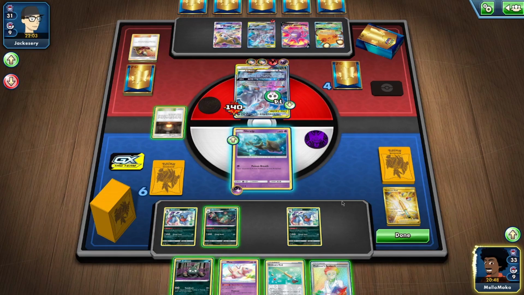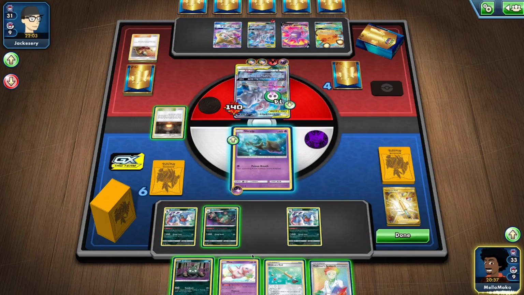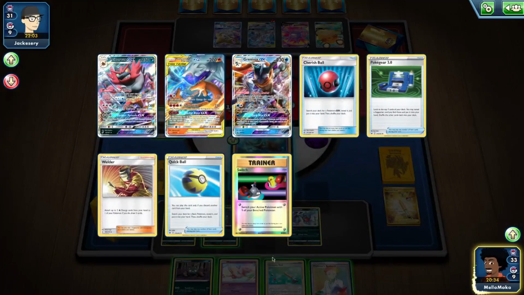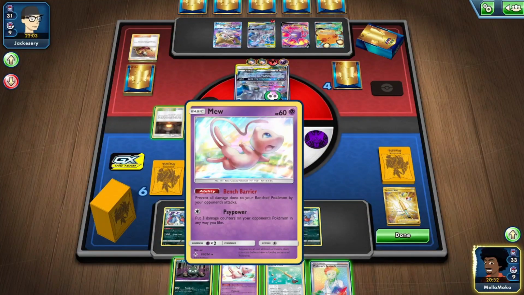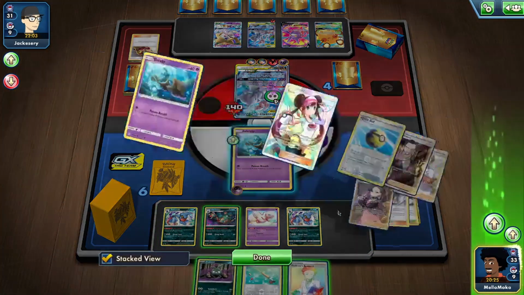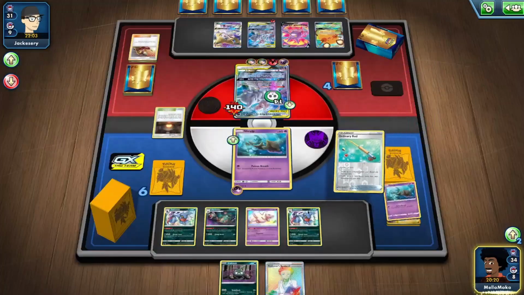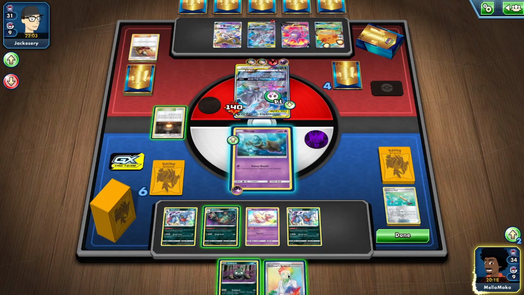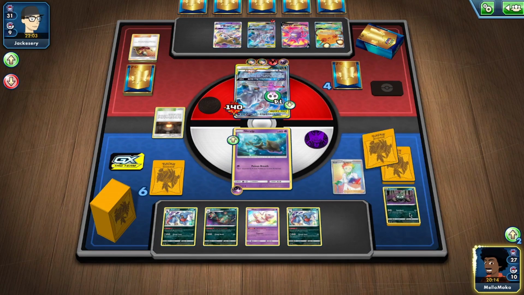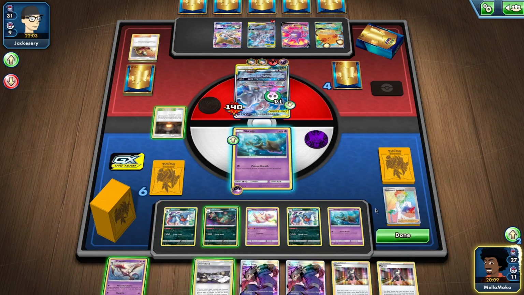Funny, he still dies next turn, which is kind of hilarious because of the way the poison ticks work. So I think I'm going to... I really don't want to put this down. Bench this, I suppose. We're gonna Ordinary Rod. Just put this back in the deck. And then we'll research, see if we can find another Dragalge. Not that we really need one, to be honest, but...